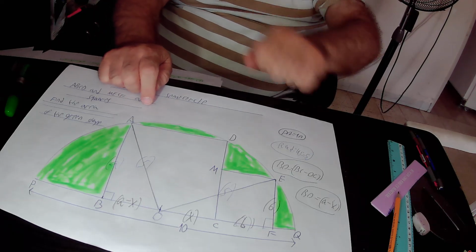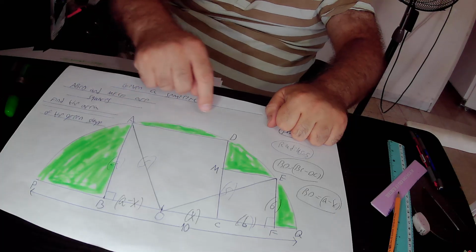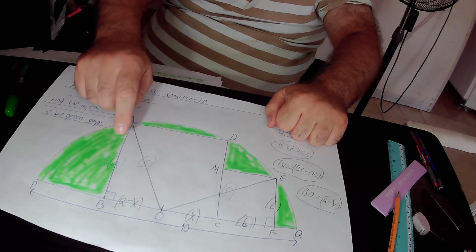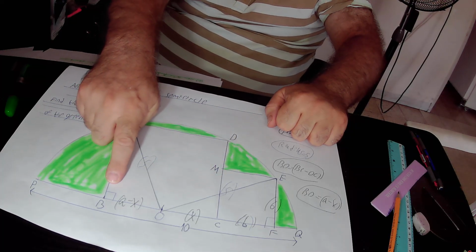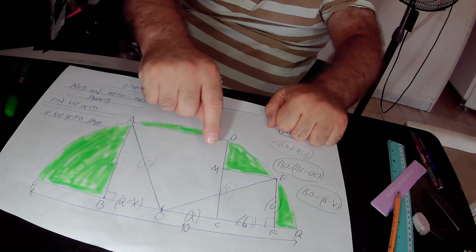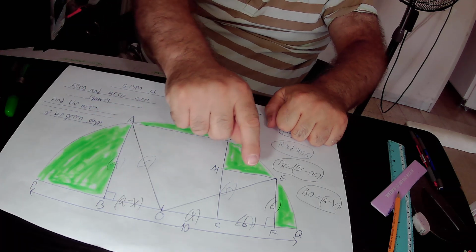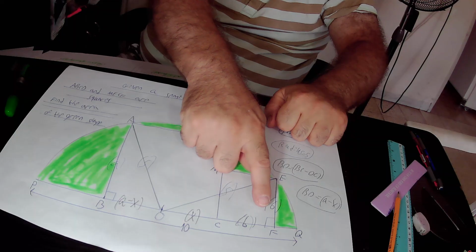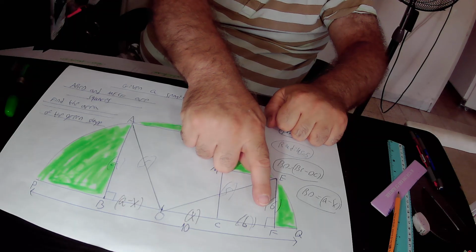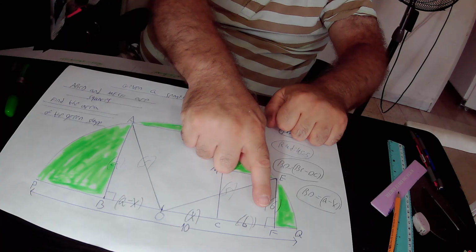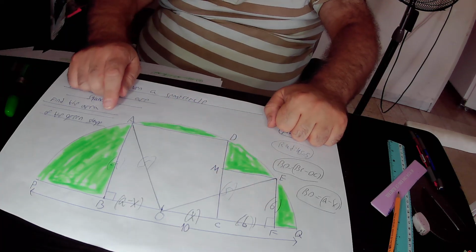In the big square ABCD, this angle is a right angle, and in the small square MEFC, this angle is also a right angle, because it is 1 out of 4 angles inside square ABCD, so it must be a right angle. In the next step,